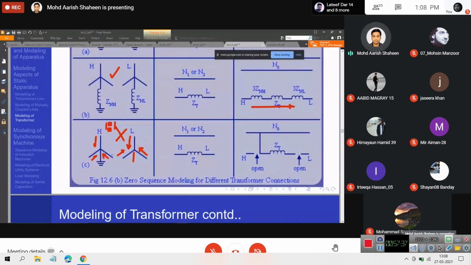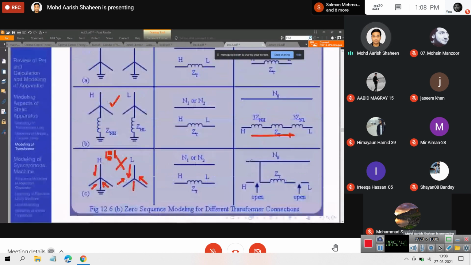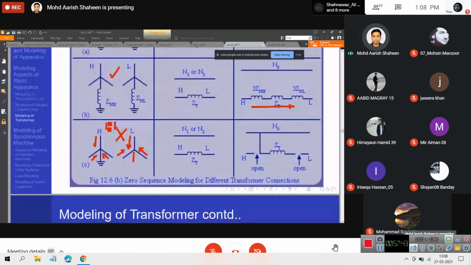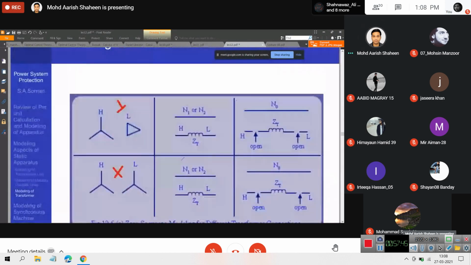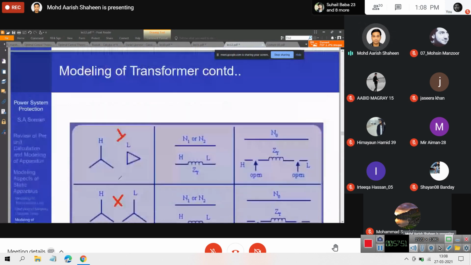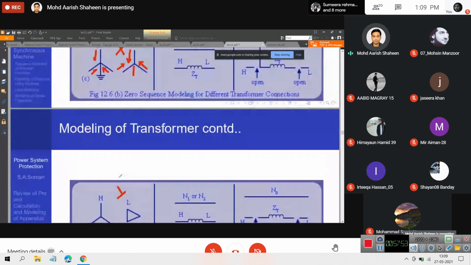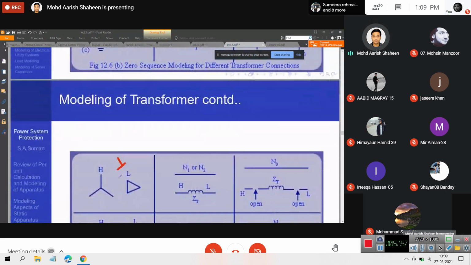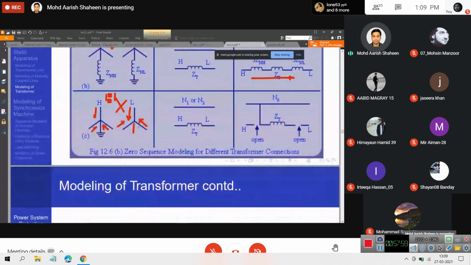So if you have a star connection and you keep even one side ungrounded, it's as good as keeping both ungrounded, ठीक है, क्योंकि कोई भी जीरो सीक्वेंस करंट फ्लो नहीं हो सकती है. यहाँ पर भी अगर आप देखोगे there is no grounding connection, so no zero sequence current, no zero sequence current, ये यूज नहीं होता है. In practice we never use ungrounded transformers. Because what is the reason for that? It basically leaves up at least one point in a system which is floating.